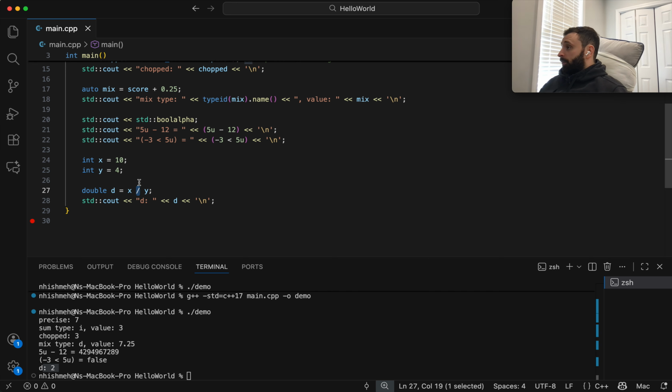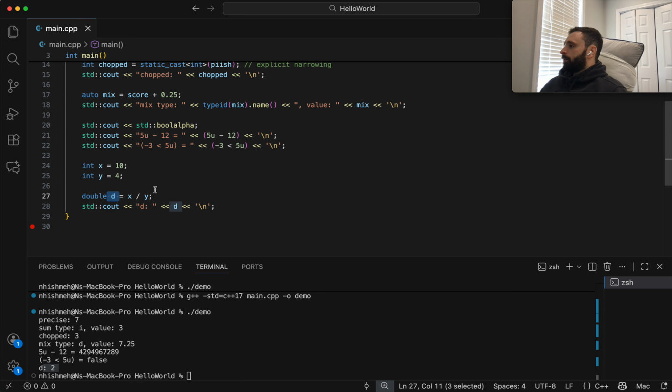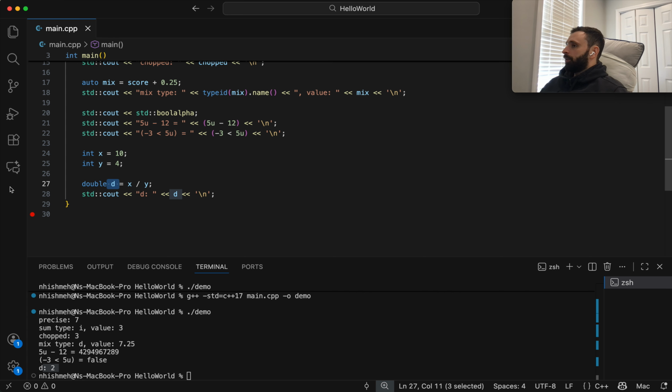First it becomes 2 as an int, and then it gets converted through widening to a double. So 2 stays as 2, but it goes from 2 as an int to 2 as a double after the division. Just look at what it is: the operator's division and the operands are both ints, so the result is obviously not going to just be a double. That would never happen. But then after the assignment, it changes to a double.